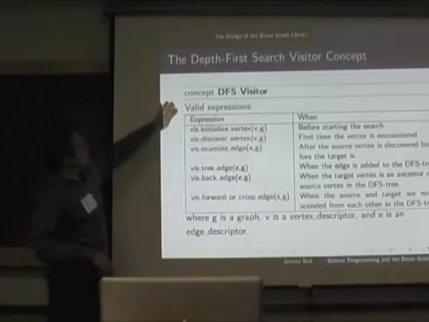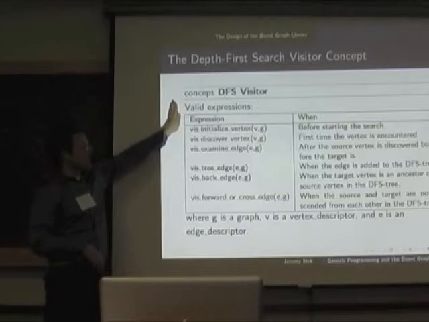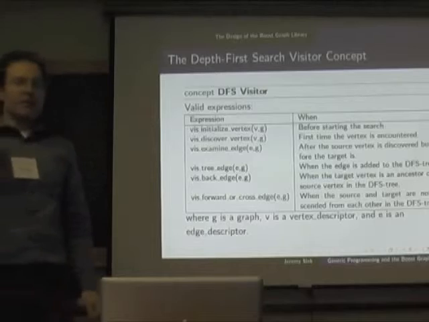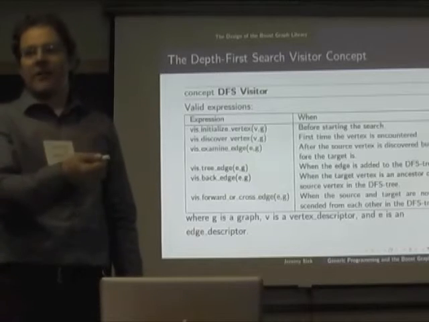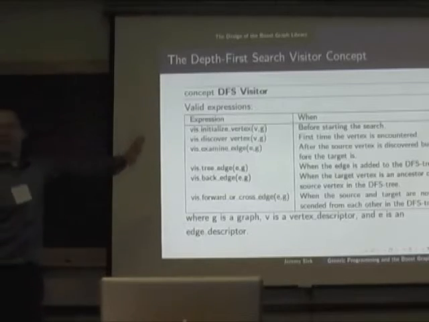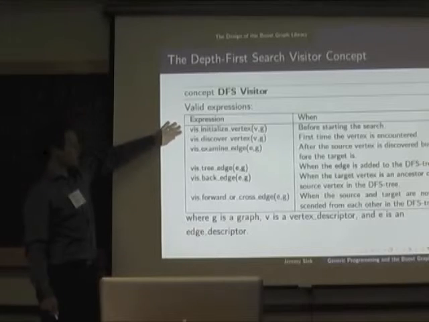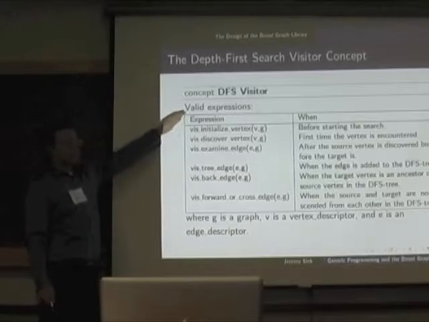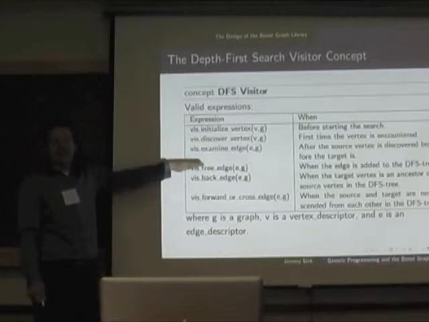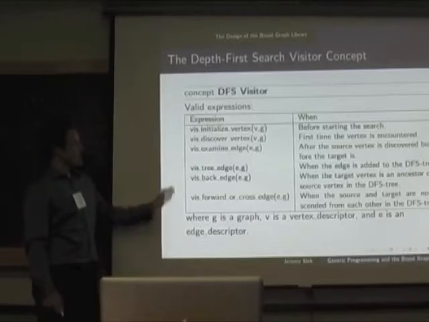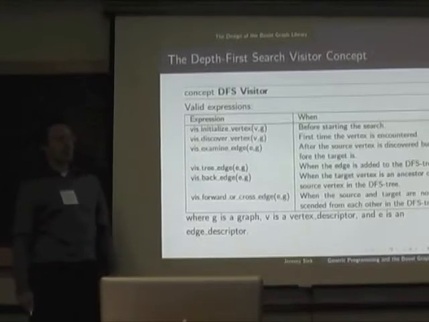The idea here with this DFS visitor is that it's a lot like what you're used to in STL functions, where you pass in a functor as a callback. This is a whole bunch of callbacks glommed together, and you pass them in as one big class. I've done a little bit of work to make this easy: there's a default one that doesn't do anything, and you just override the ones that you actually want to implement. That makes it easy to plug in which callbacks you want.